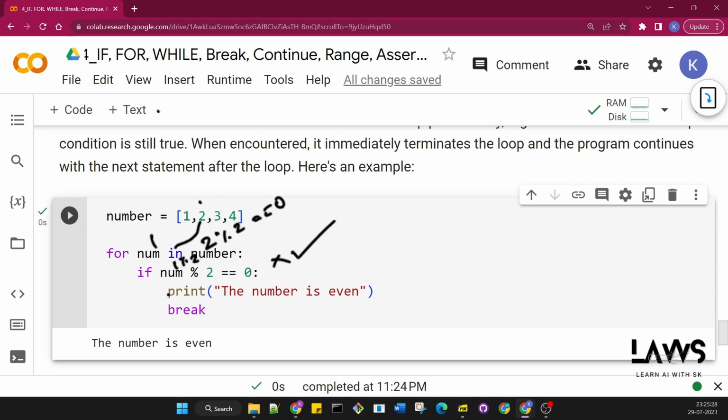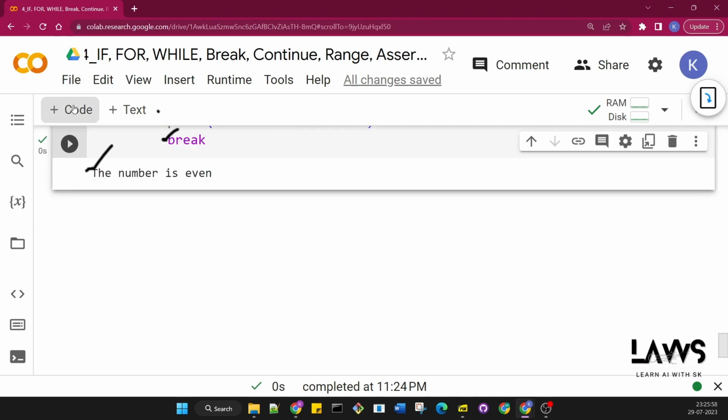It will execute the print statement first. So the number is even has been printed in the output console. Next, break statement. Once it sees the break, the loop stops executing. So now that's it. The program has stopped. Next, we will see